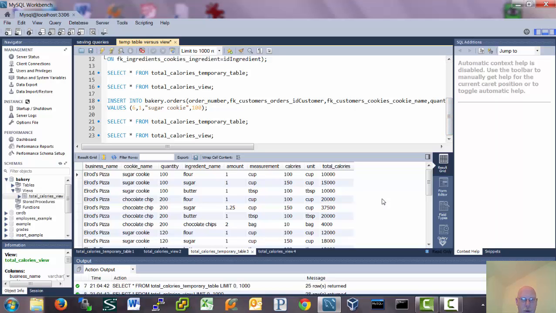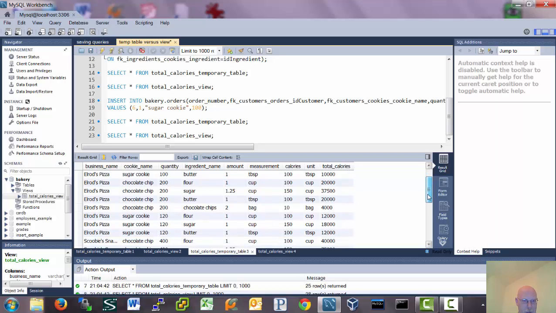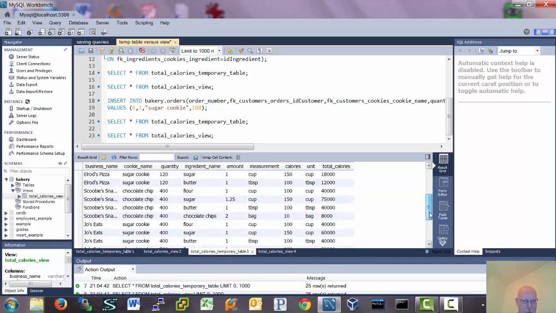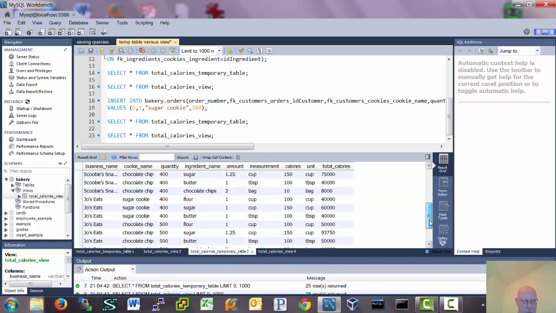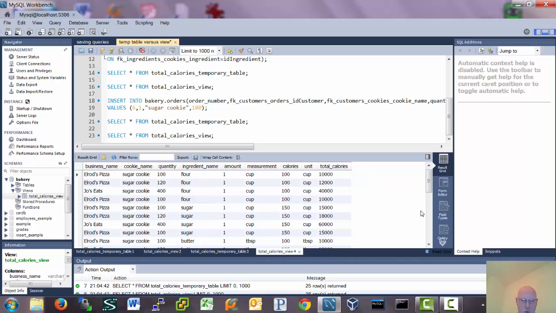And if we go over here, now this is after we've done the update. So we've inserted into the orders another thing. And let's see, Elrod's, we have 100 sugar cookies, 200 chocolate chip, 120 sugar cookies. Then Scooby Snacks with their 400 chocolate chips. Joe's Eats gets her sugar cookies and her chocolate chips and more chocolate chips. So this hasn't changed, even after we did the insert, but if we go to the view,